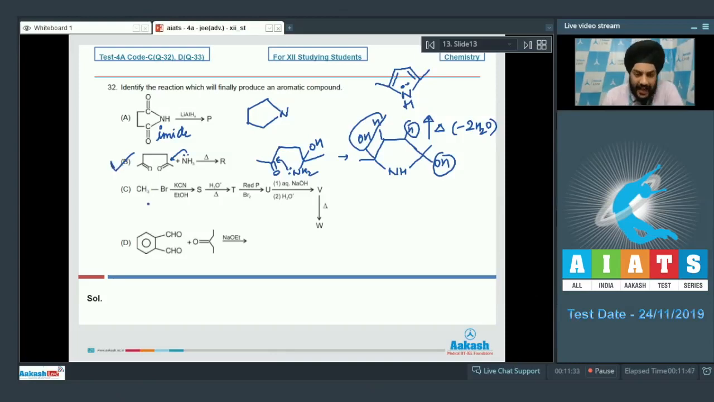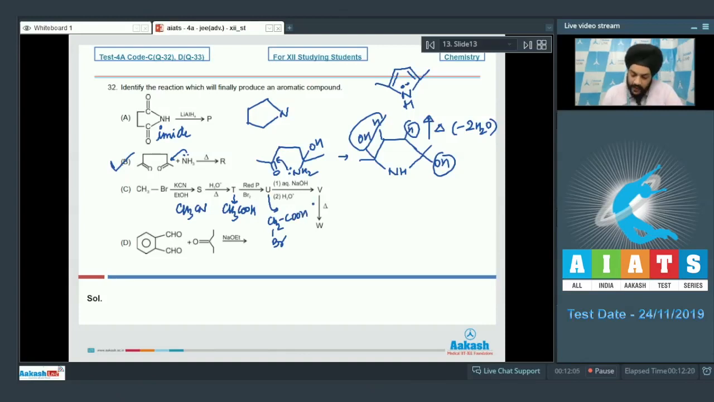If we talk about option C now, in option C we have CH3Br reacting with KCN in presence of EtOH. Okay, so this is going to lead to the formation of CH3CN. Okay, this is now allowed to undergo hydrolysis. So this is going to give us CH3COOH. Okay, so this is the compound T which was formed. T is allowed to react with red P and Br2. So this is the HVZ reaction. It will lead to alpha halogenation. So compound U is CH2Br